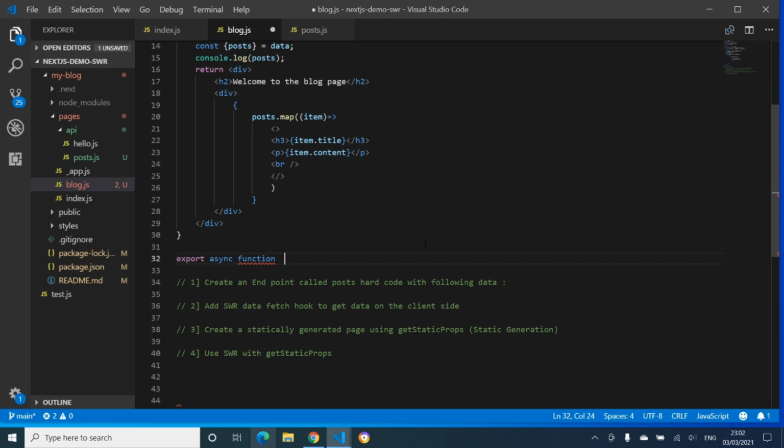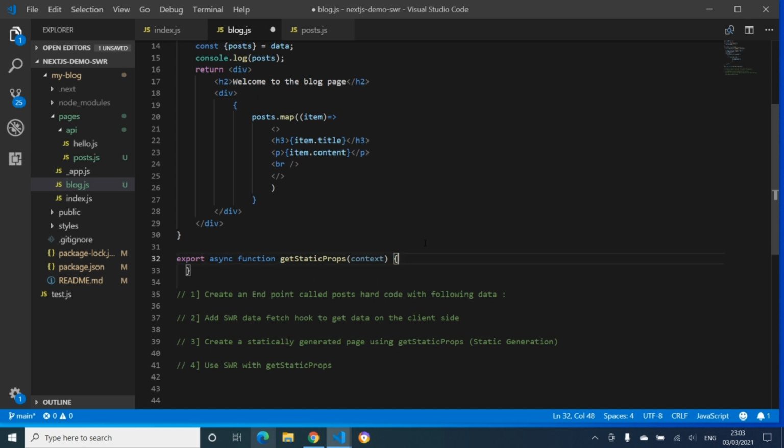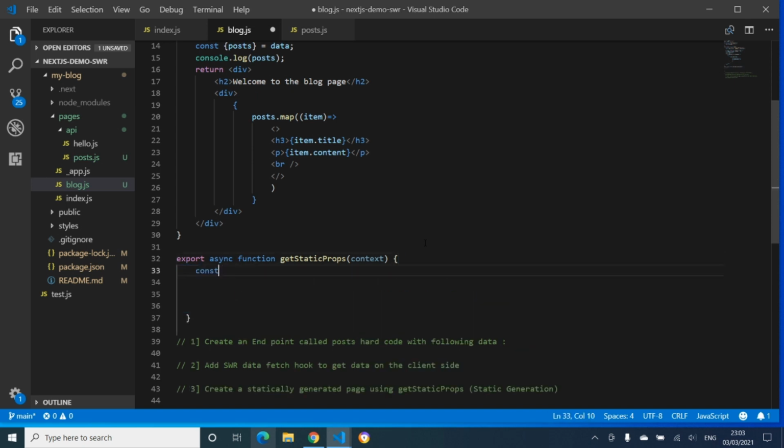So this is going to be an export async function, getStaticProps, and it will have an argument with context. We don't need to use that for this example, but you can get access to things like router. Then we're just going to have a constant for our response, and it'll be an await fetch, and we're going to fetch the endpoint from localhost 3009, which is our mock server, and then